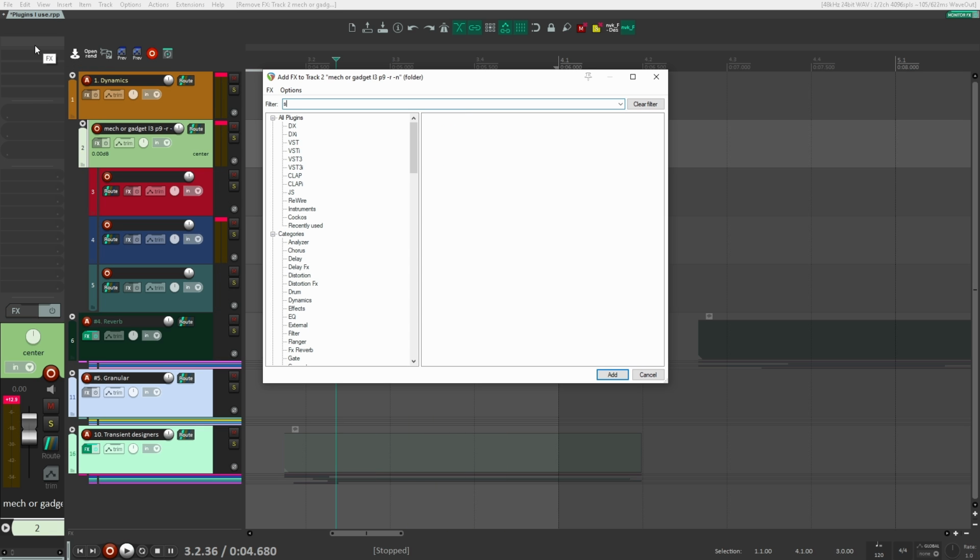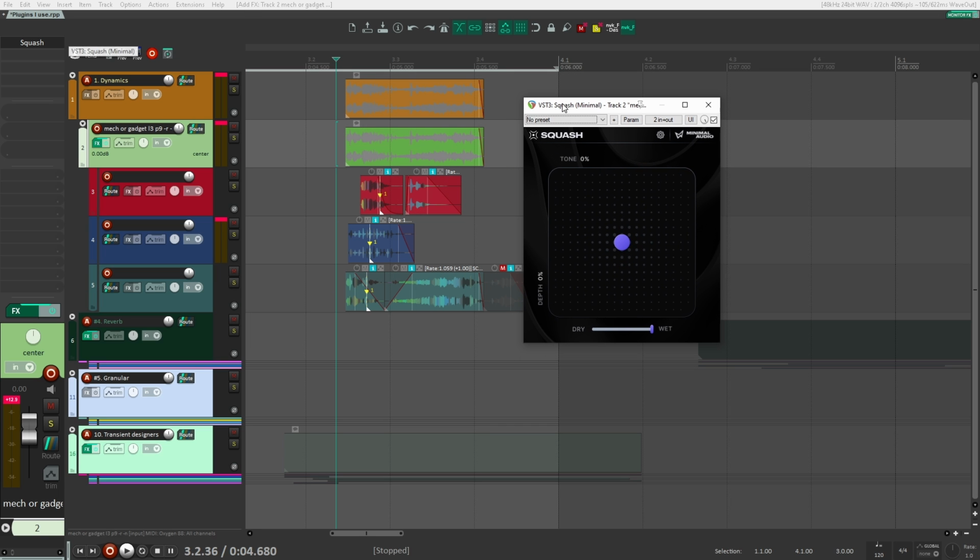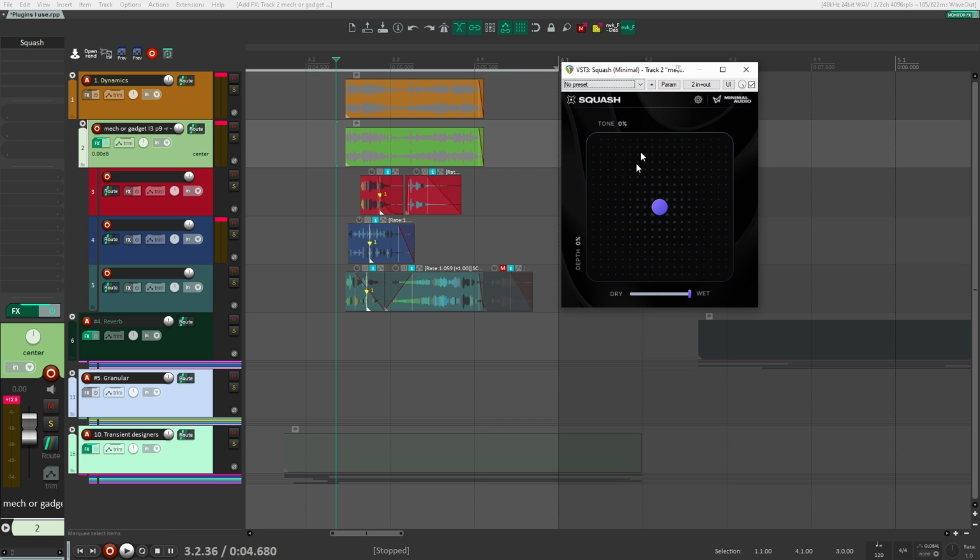The other one that I personally have been playing a lot with and I kind of like here is Squash by Minimal Audio, and this is similar to an OTT, except here all the information is on this one XY pad. So left to right, you have your tone. Up and down, you have your depth, kind of like on OTT. And then down is, I think, your downward compression, and up is your upward compression. I might be wrong here. I haven't read the manual or anything like that, but if I'm not mistaken, I think that's how it works. So if I play it now,